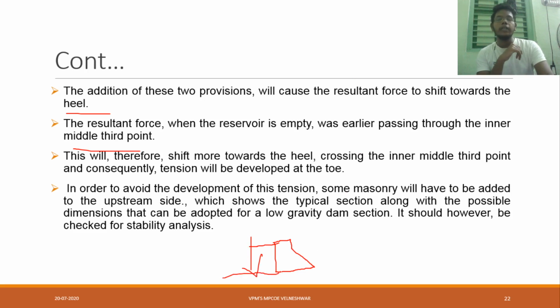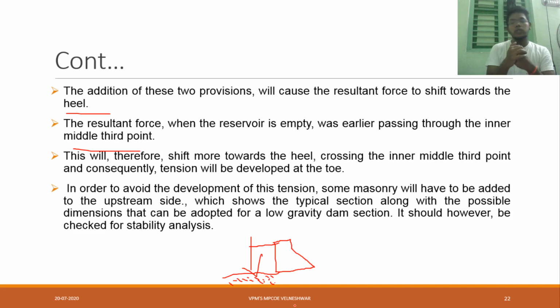Okay, if you are providing masonry here, what will be there downstream? At the downstream location, soil will be there. Soil means we have to check stability analysis: what is our direct shear test value, what is our drainage condition value, what is our CBR value, and what is our friction value. All this we have to do.